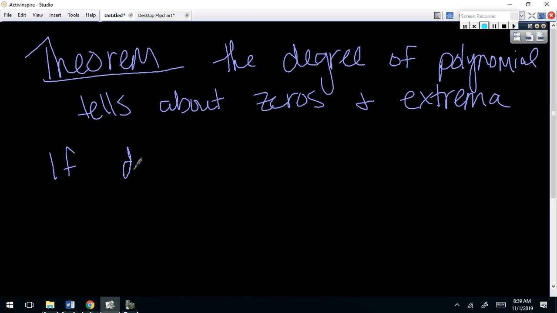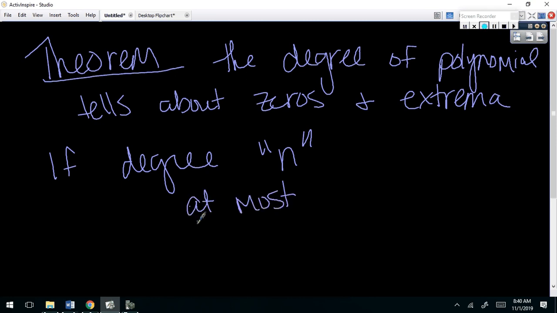If the degree is, we'll say n because we're going to generalize it, that means that the polynomial has at most, meaning it can't have any more than n zeros. So the degree of the polynomial, it could have up to that many zeros. If we said that that one before was a degree of 5, how many zeros did it have? The one that Hampton drew, 5, right? And it can have at most,